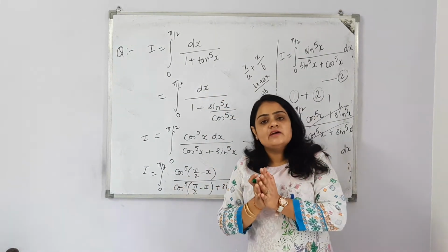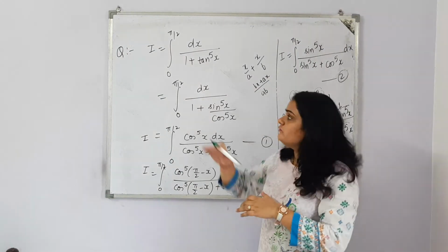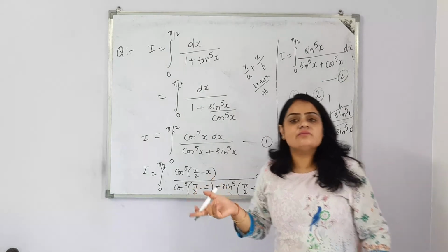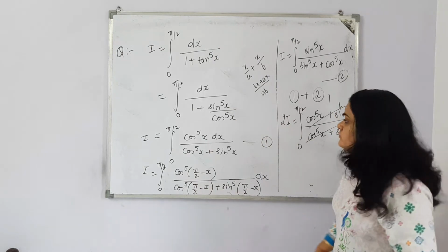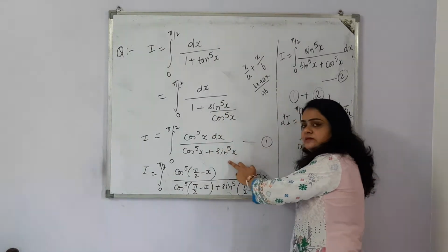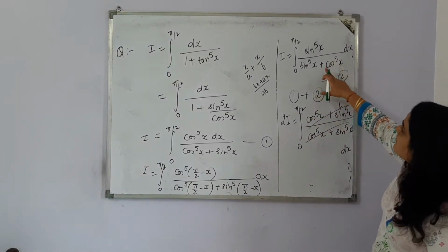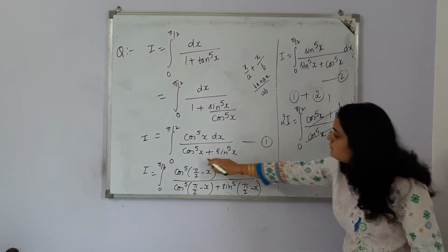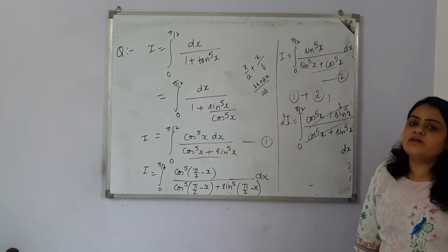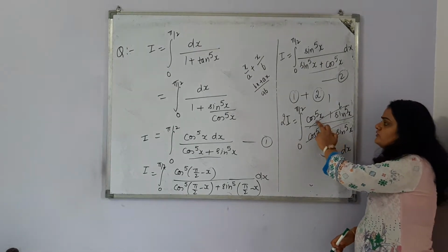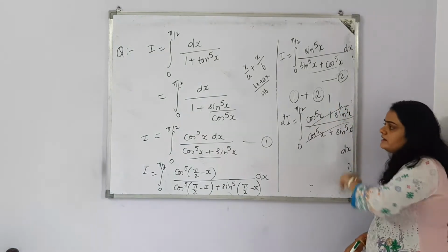If we are multiplying, so power will be added. That means we are going to get 10 power. We were on power 5, and if we are multiplying, we are getting 10 as power. So question becomes more complicated. So first of all we simplified the function, and after that we applied the property, and after applying the property we are getting, denominator is same, in numerator cos raised to power 5x plus sin raised to power 5x, and the denominator, and it will cut out, and I am getting 1.